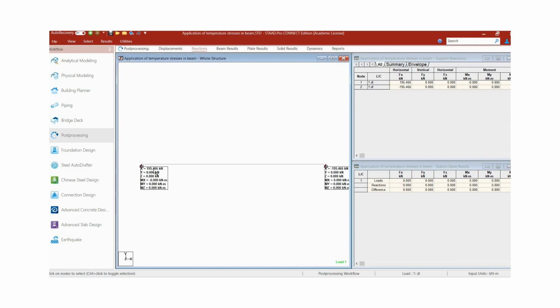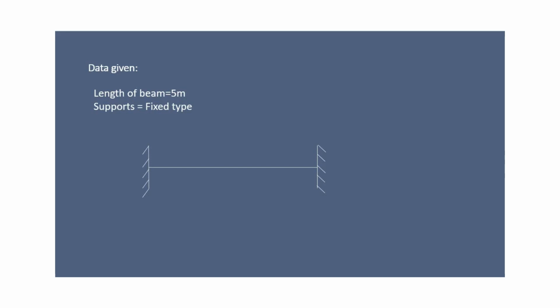Here the reaction force or resisting force is 195.66 kN at support A and minus 195.466 kN at support B. We can also determine these resisting forces manually by putting in the formula. Here's the beam whose length is 5 meter and supports are fixed, and then after taking the values of modulus of elasticity and